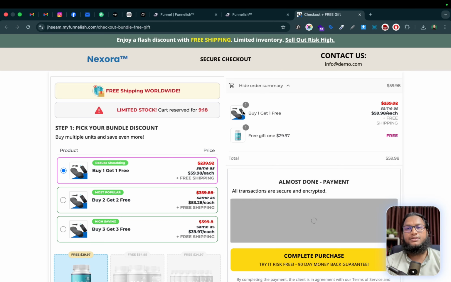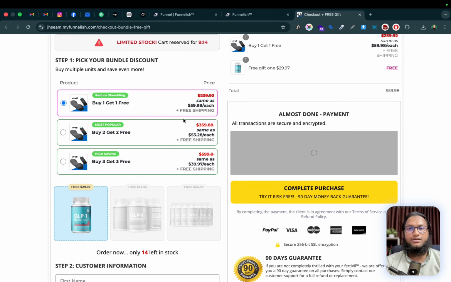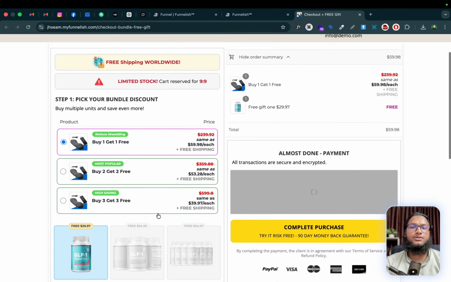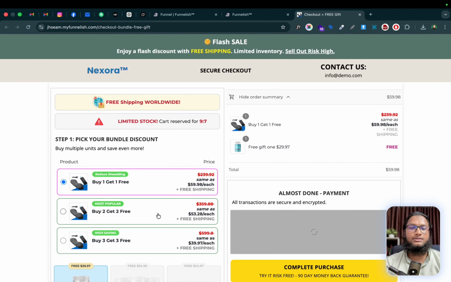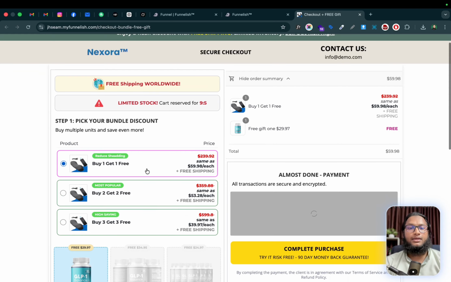Hey, you see, this is the Funnelish checkout page, and there are some advanced features I added by custom code. I hope you will be impressed when you see this. Like you see, there are three bundles: buy one get one, buy two get two, buy three get three